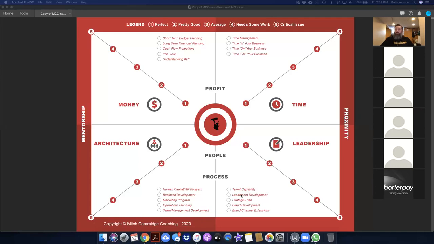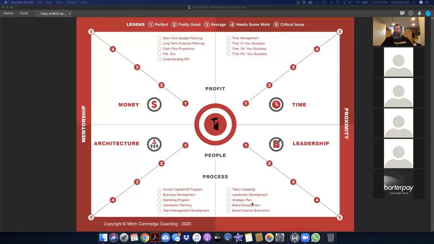Leadership development. Am I good at getting people to follow along? How do I develop more of the ability to get people to trust and believe and follow me even in difficult times? Strategic planning. Am I looking to test and measure my entire business and build a footprint or a benchmark so that I can measure and keep myself on task or on direction as my business grows and develops, instead of allowing it to just haphazardly move?